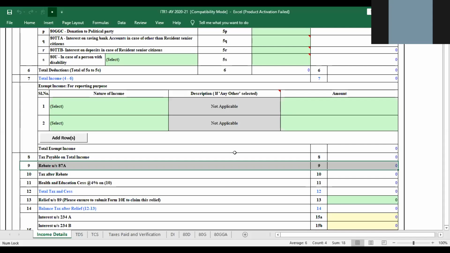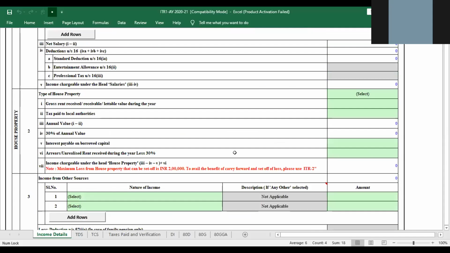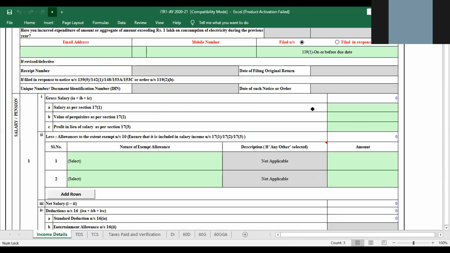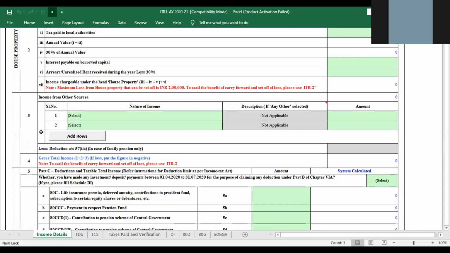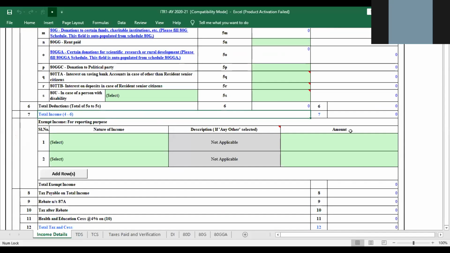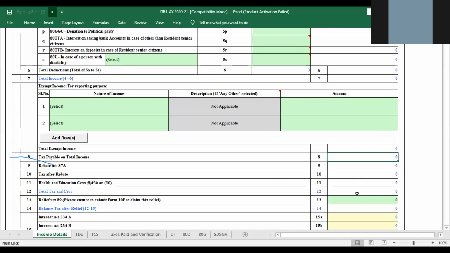Moreover, there is a different slab rate for senior citizen and very senior citizen. There is a cross-referencing in the form. Over here, when you type your date of birth, it is a mandatory field. When you type your date of birth, it automatically calculates whether you are a general citizen, a senior citizen, or a very senior citizen. And the slab rate is applied automatically to this gross total income, to this net total income, and you get your tax payable. It is auto-generated.